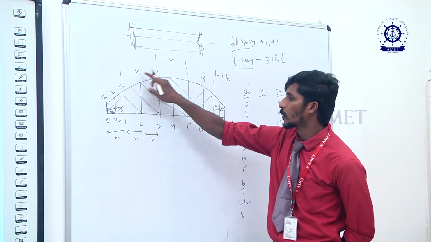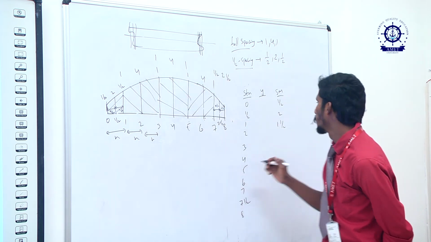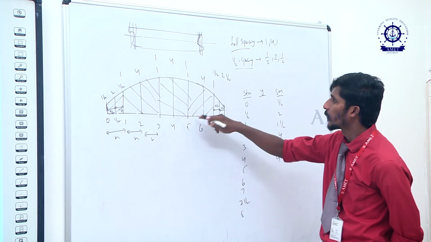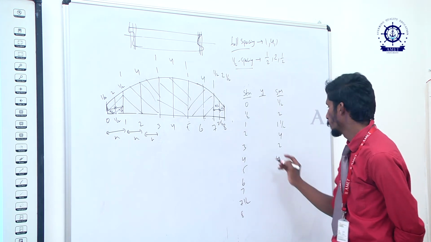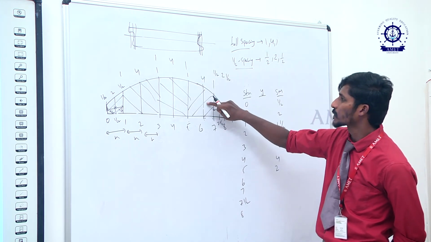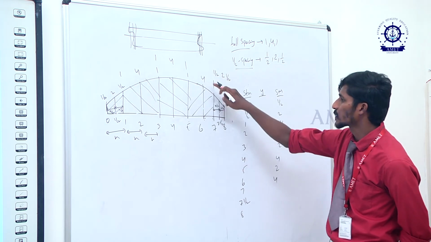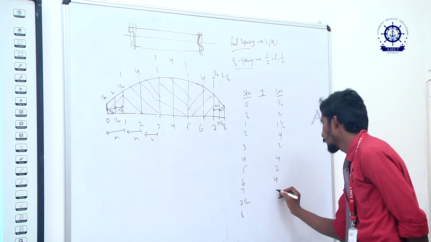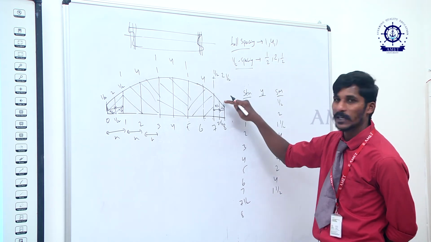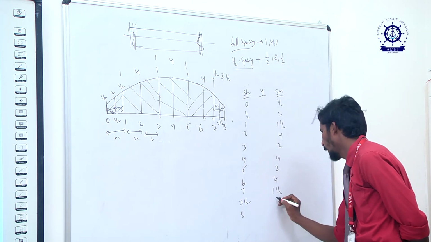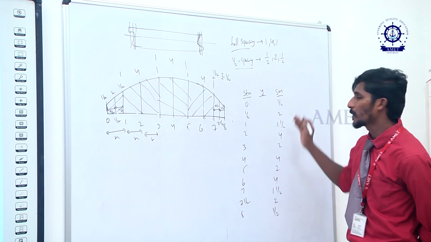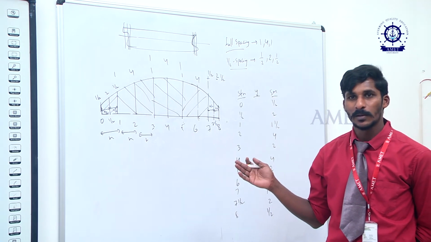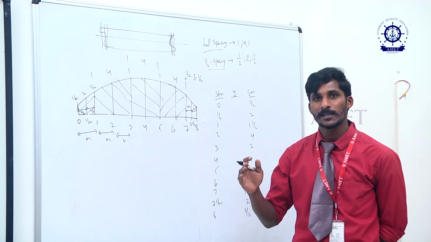Then for station 2 it is 4. Station 3 will become 1 plus 1, again 2. Then again 4 for the 4th station, 2 for the 5th, because 1 plus 1 becomes 2. And for the 6th station it will be 4. The 7th station is 1 plus half, which becomes 1.5, and the 7.5 station has 2, and the 8th station is half. So this will be our Simpson multiplier if I apply the first rule for the combination of half stations and full stations.